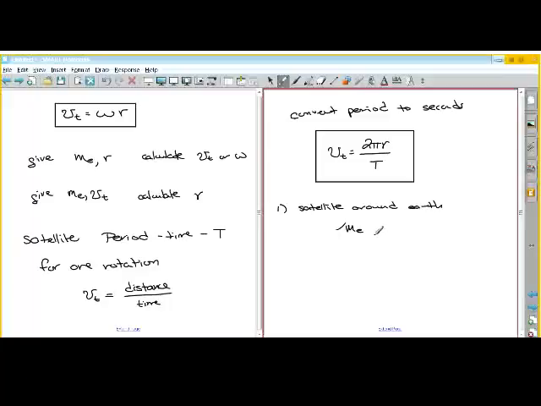So you're given the mass of the Earth, and if I give you the radius of the satellite, and I could either give you that directly or I could give you the height, and you could calculate. I could give you the radius of the Earth, and you could add the elevation. So if you're given the radius of the satellite, then you can calculate